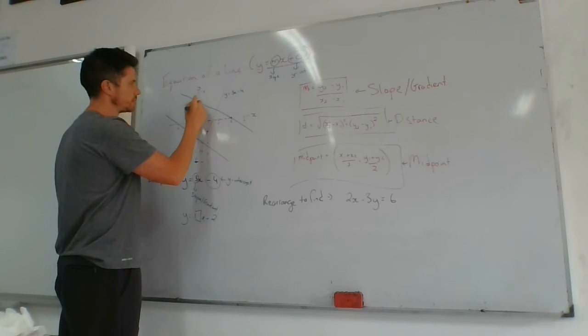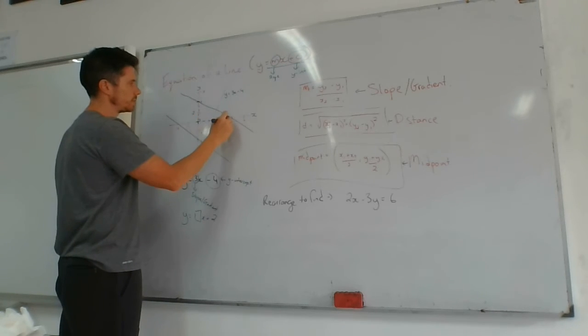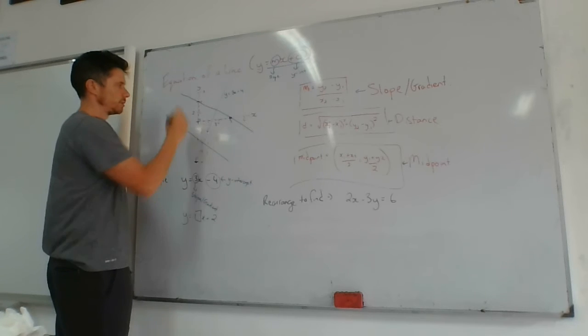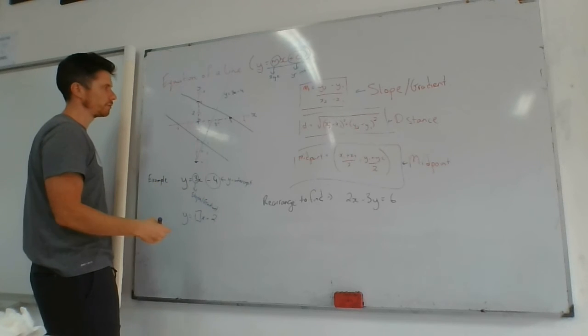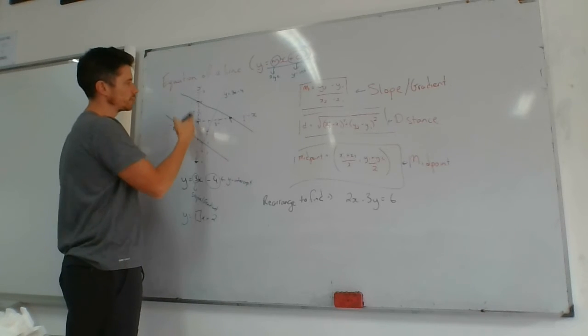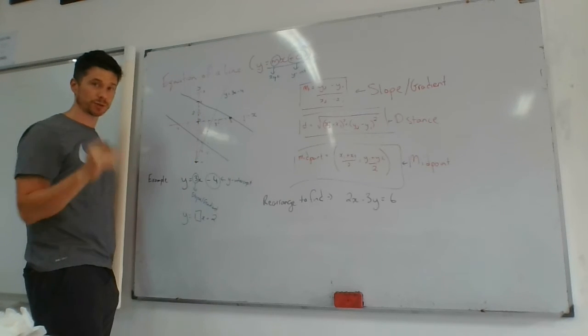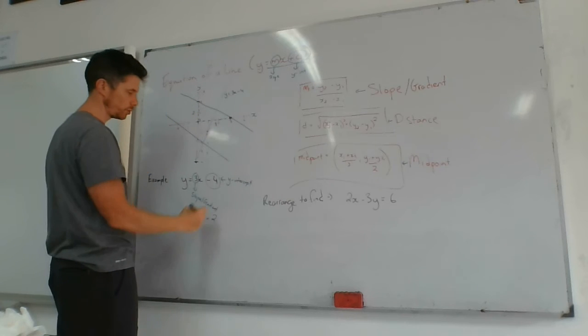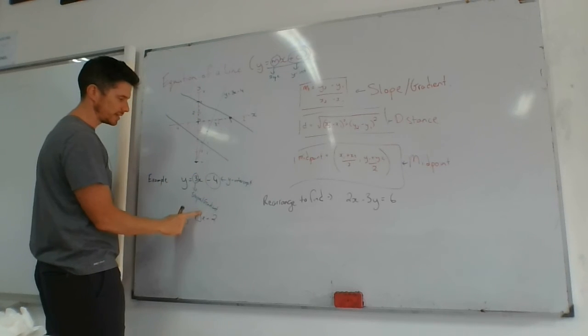The distance from here to here is 2. The distance from here to here is 3. So I have a right angle triangle too. So it's rise over run. So the slope of this line, it rises 2, it actually goes down 2, and runs across 3. So it goes down, remember, it's the negative slope. So the slope of this line is -2,